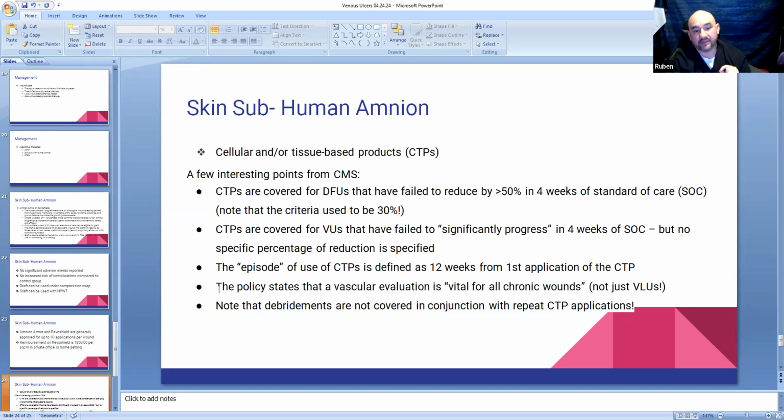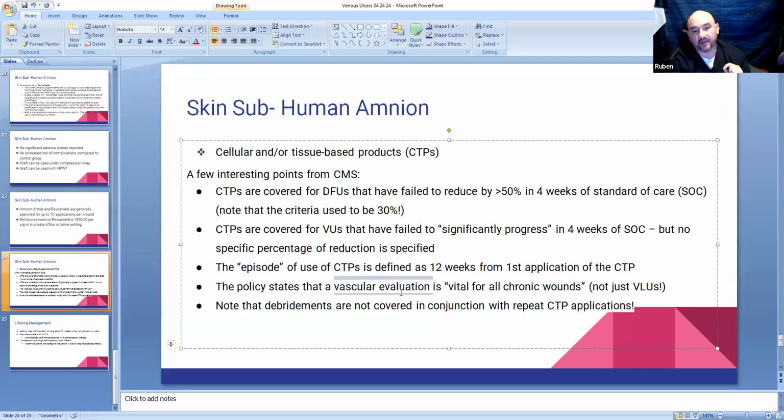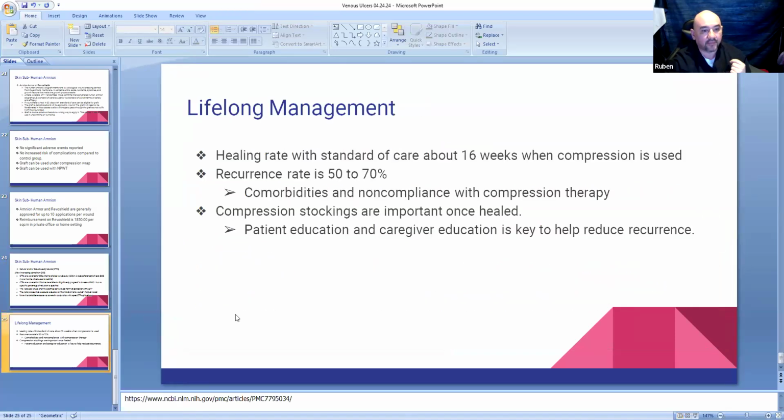And you want to make sure with these venous ulcers that there's a vascular evaluation. And that's what I had brought up, you want to make sure that there's no arterial problem. Anybody who's dealing with a venous ulcer should have an arterial workup to know that they can do compression therapy, to initiate the compression wraps, and progress to the next stage of treatment. Otherwise, if they don't have a vascular workup, the wound's not going to heal without good circulation anyway. And then the debridements aren't usually covered in conjunction with the applications. And then really the lifelong management,